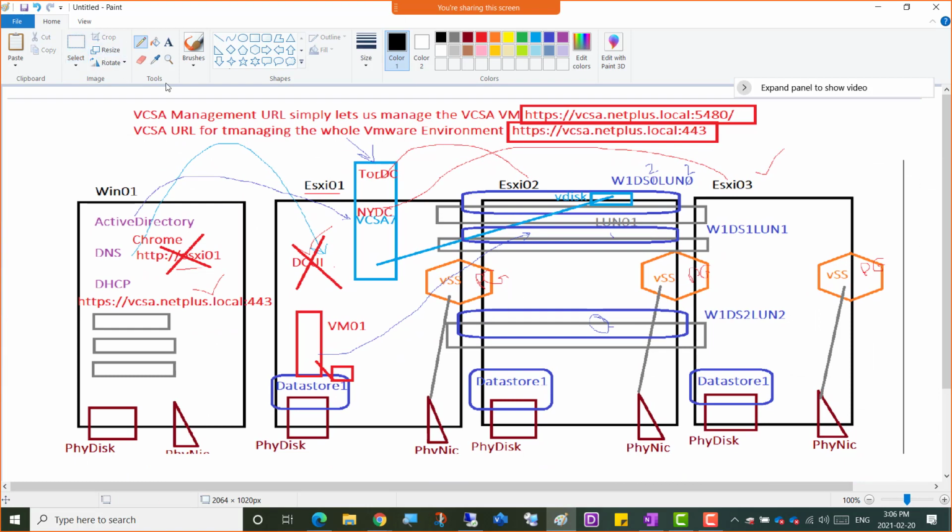Well, what a mess. So this diagram, I'm just doing a revision of this. We were able to deploy the VCSA from the Win01. It launched over the network into the ESXi hypervisor, and it deployed a virtual machine in which we have the VCSA software installed. That's the whole vCenter, and it was installed on top of the storage that we created,